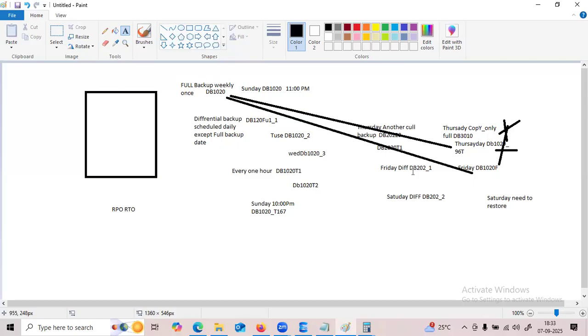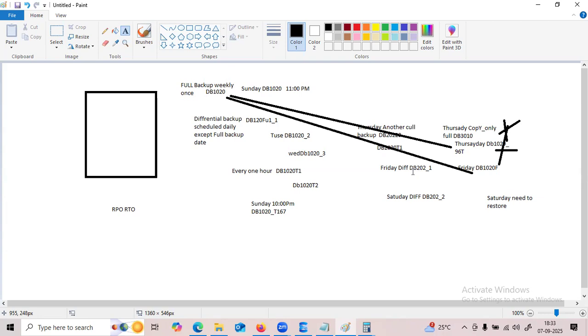So you got the difference, right? The interviewer will ask: what is the purpose of copy only backup? Why do we need to take it? When do we need to take it? If you delete the copy only backup, is it going to do any harm to the backup LSN number? Are we going to lose any data if we want to revert to a previous date? If you take the copy only backup, there is no harm even if you delete it. One more thing: the copy only backup applies only to full backup and log backup, not to the differential backup.